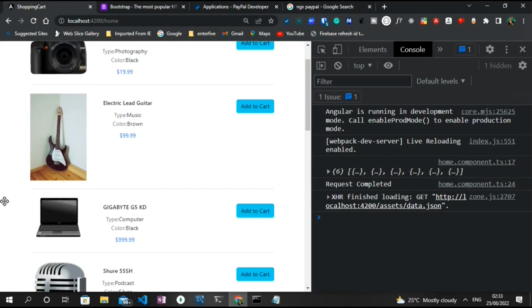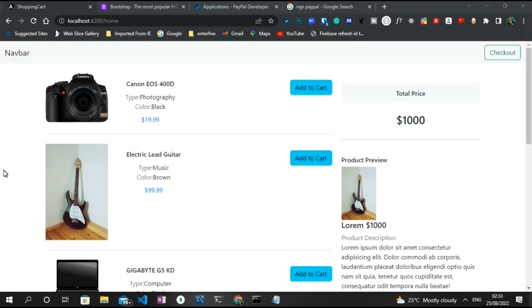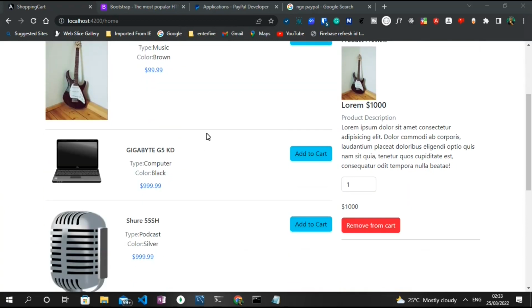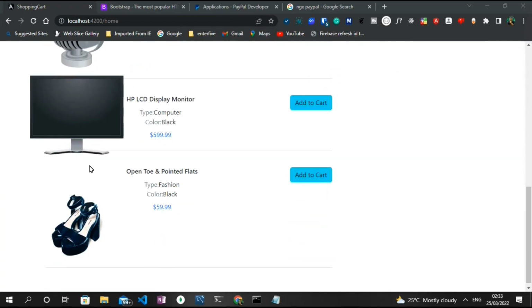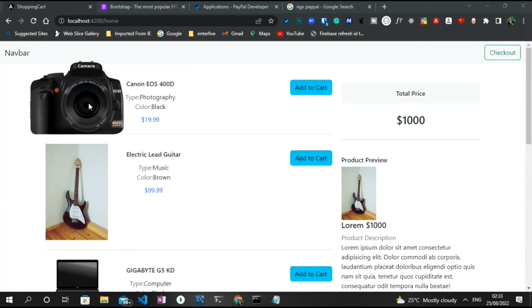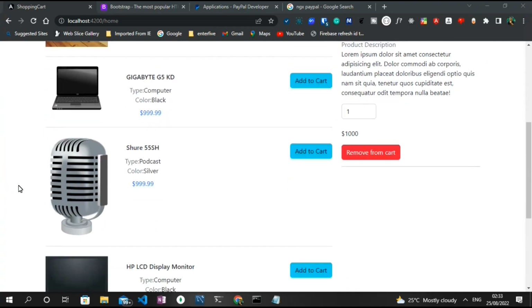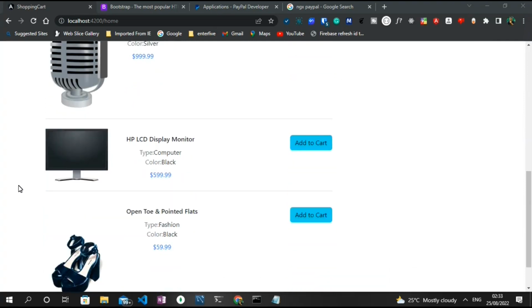As you can see, the error is gone, and now we have data for each of our products. So let me make the browser look a bit bigger. As you can see, we have the camera, we have the type, color, and the price as well. Each one its own price. If I hover them, the item gets a little bit zoomed through the use of CSS animation. So we now have all our products displayed on the page with their name, their type, their color, as well